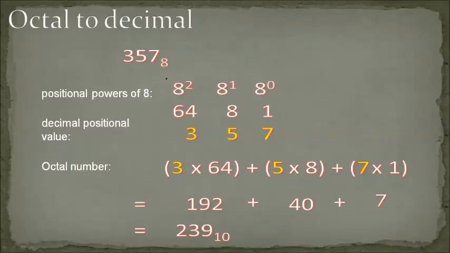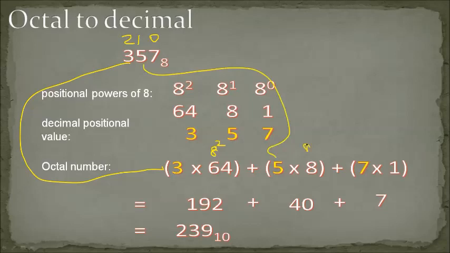Now the same procedure which we followed in the previous one, the only thing is we change the base value. See the positional values here again: 0, 1, 2. So now taking 3, it is 8 power 2. Then 5 is 8 power 1. Then 7 is 8 power what? 0. Anything power 0 is 1. So 7 into 1, 7. 5 is 8 power 1, that is 8. So 5 into 8, 40.